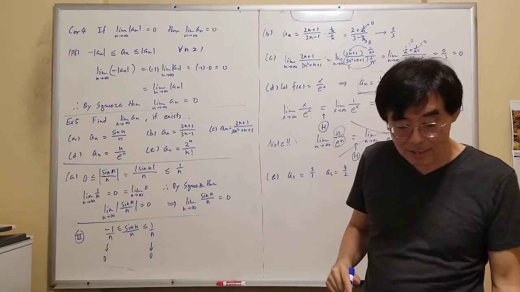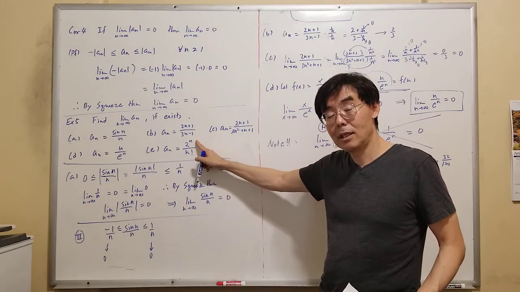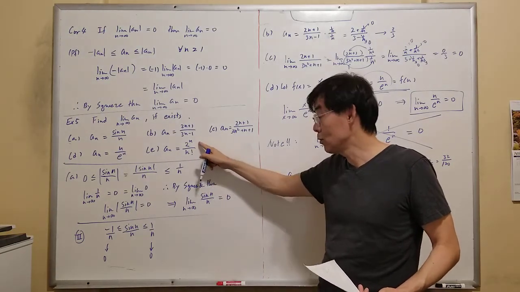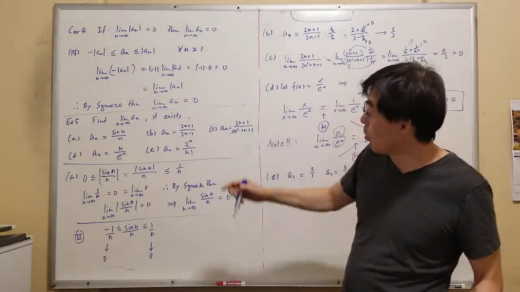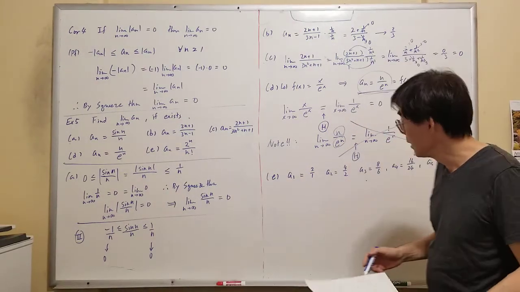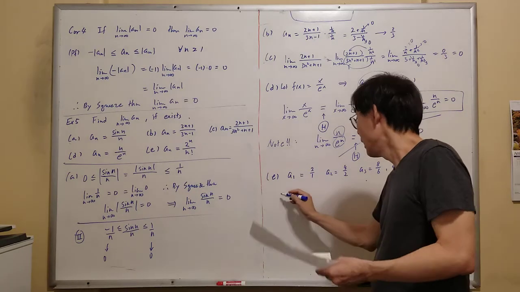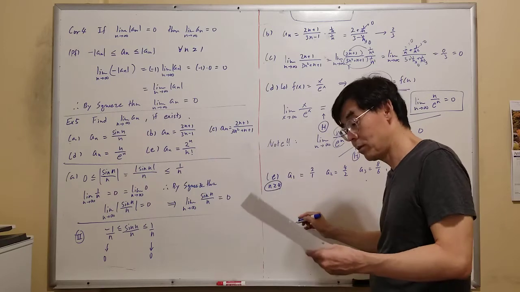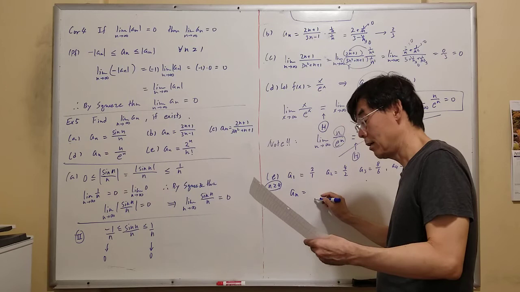Okay? If the denominator grows incomparably faster, then it goes to 0. If 2 to the n goes much faster than this, it can go to infinity. Or they can approach some finite real number. Who knows? Okay, so now, if n is larger than 4 or 3, you can write a_n as